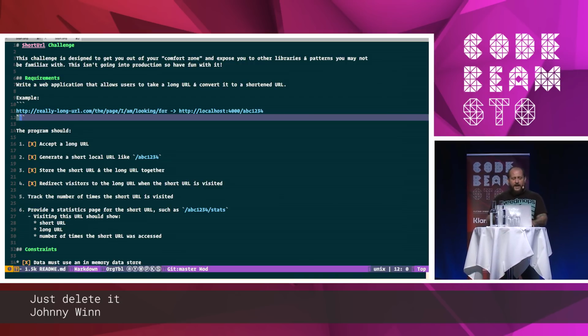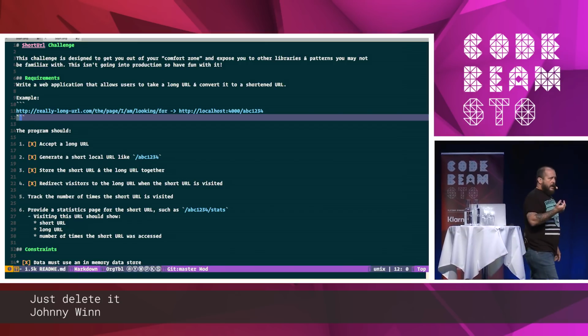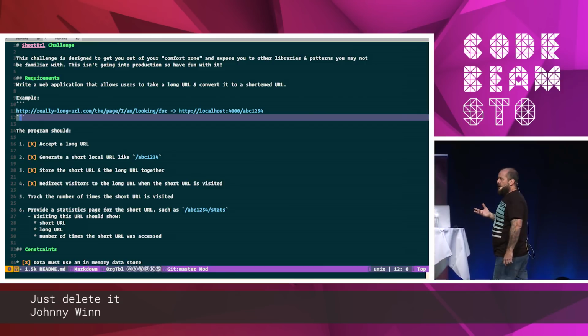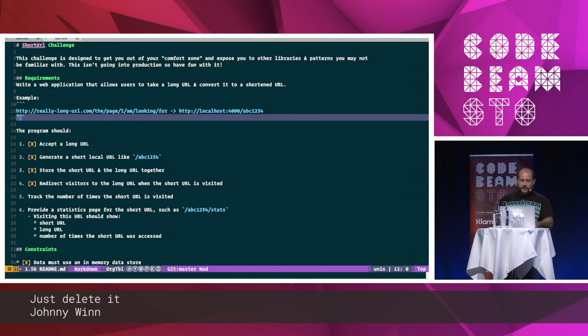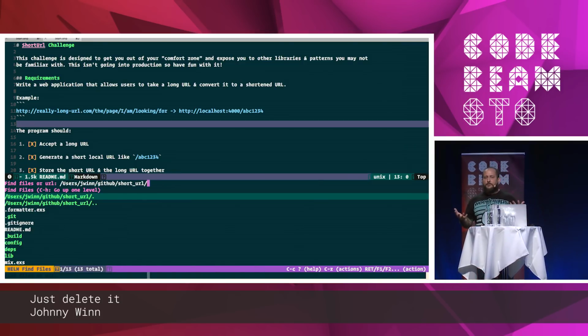Now, I chose to use Raxx. If you're not familiar with Raxx, Peter Saxton will be doing his talk on Raxx, I think this afternoon at 4. I highly suggest you all take a look at that. Raxx is really fun to use. In fact, I'm going to show you a little bit of the code. Instead of having to do a whole Phoenix application,